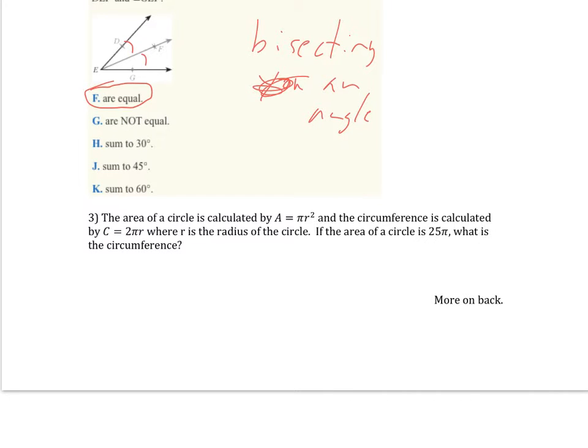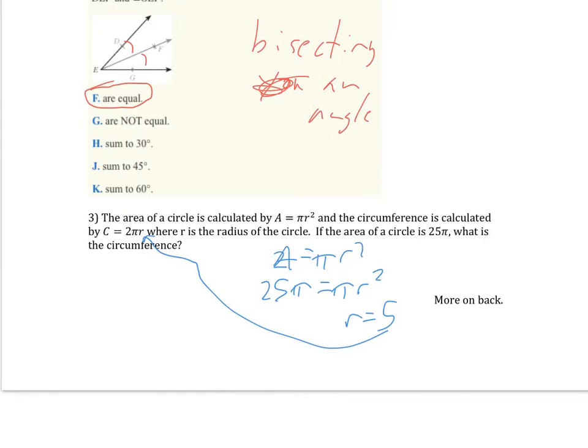Essentially what we're setting up here is just an equation. The area, so I'm using A equals pi r squared, but they just told me the area was 25 pi. So if I set up 25 pi equals pi r squared, you can solve for r if you want to, but it's also not very hard to understand that in this case, r is just equal to 5, basically the square root of 25. So r is going to equal 5, and now we can just take that and plug